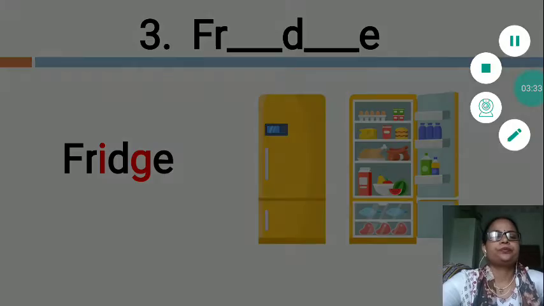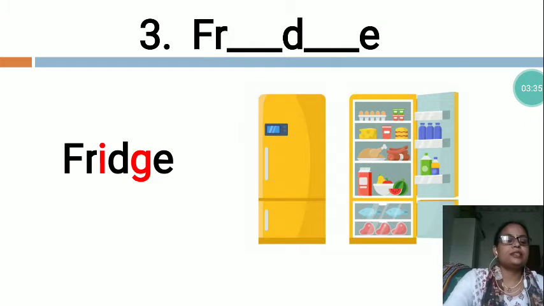So it is a piece of kitchen equipment that uses electricity to preserve food at a cold temperature. A fridge is a large metal container which is kept cool, usually by electricity, so that food that is put in it stays fresh. We use a fridge for the cooling of water also and to preserve food for a long time.